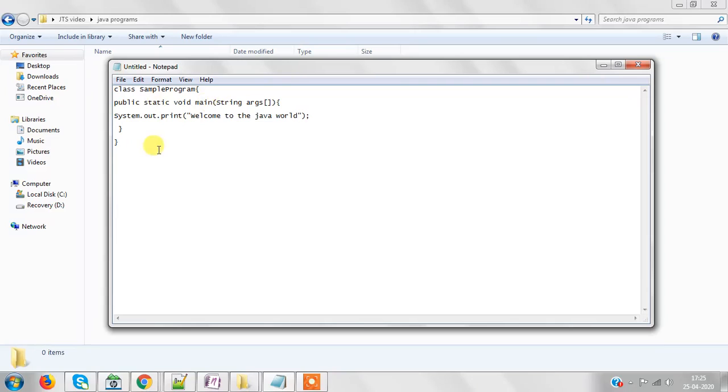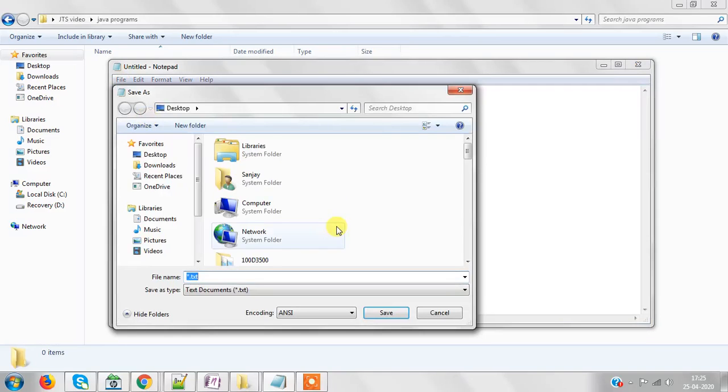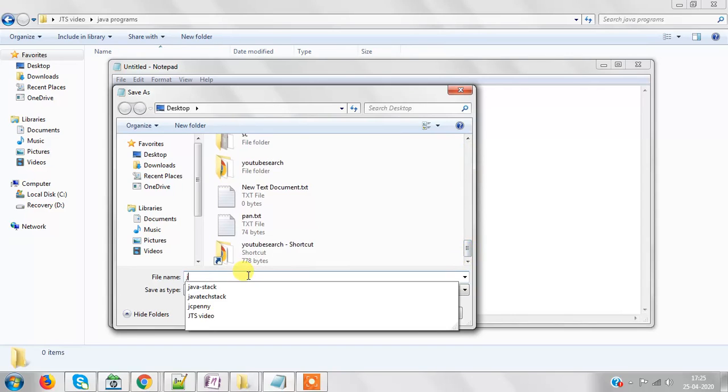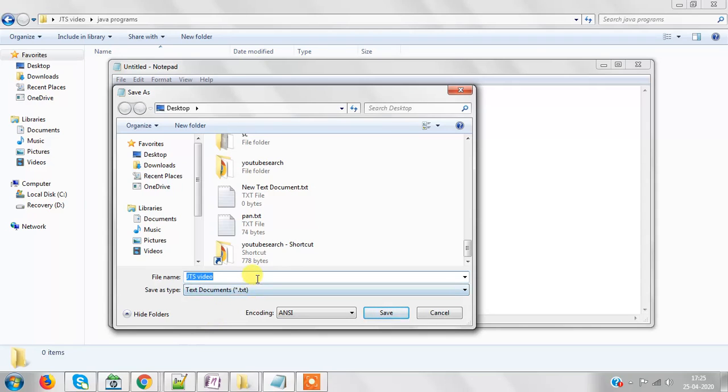After creating this sample program, you have to save this file. So let me save this file. You can save this file in any location.